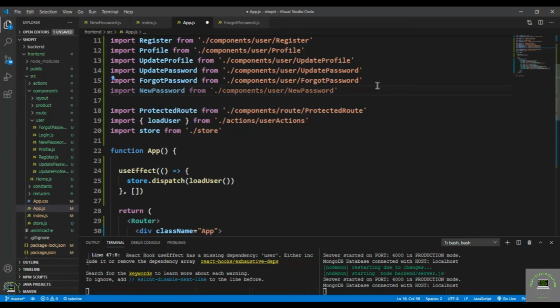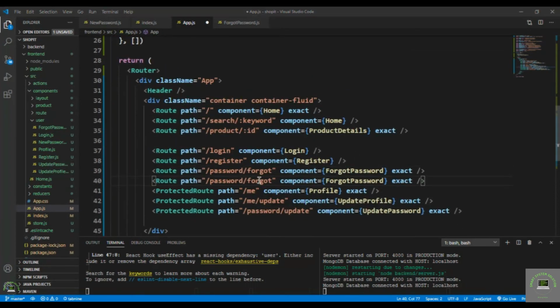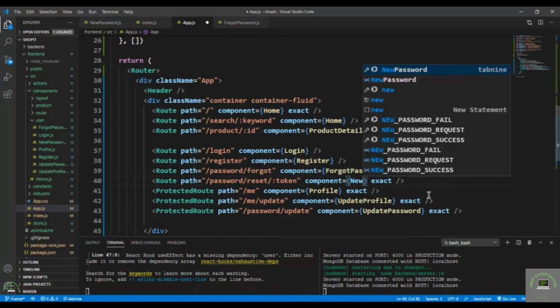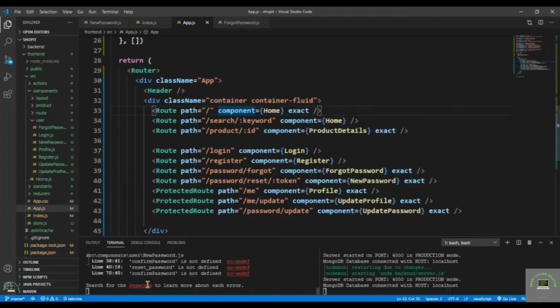So /user/new password, and then in here simply duplicate it, that is /password/reset and /new token. Okay, and the component is the new password. Alright, simply save it. So the new password.js